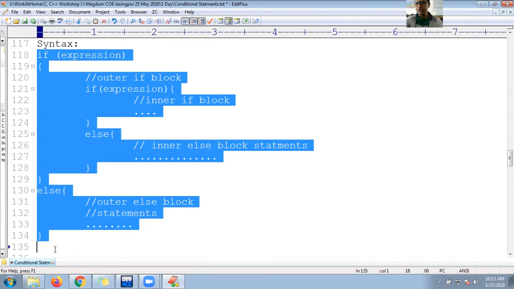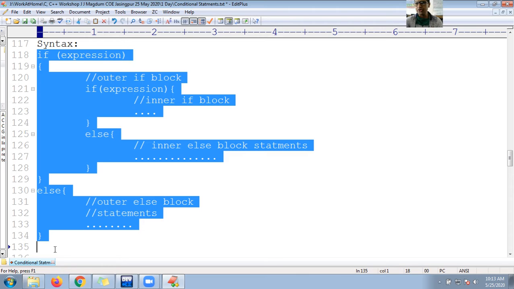Now let us see a sample program to understand nested if-else, guys. Let me write this code.